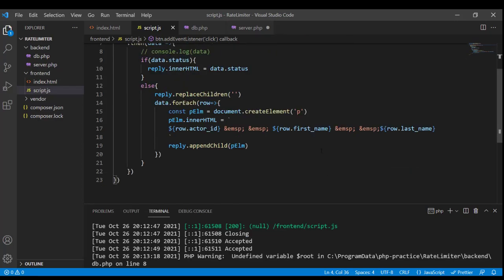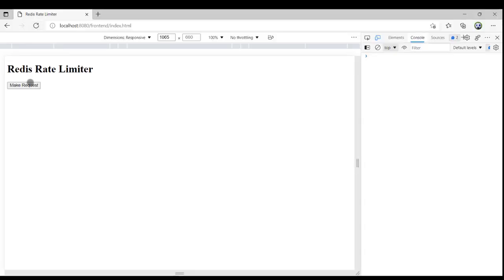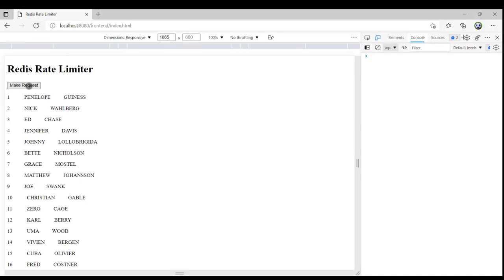Now hopefully we will be able to see all the data in the browser rather than in the console tab. Let's go and give it a try. Refresh. Okay, good. Keep on making requests. So obviously there is something wrong. We are not able to get the message that we have run out of our quota. So let's go and check our backend logic, what mistake we have made there.